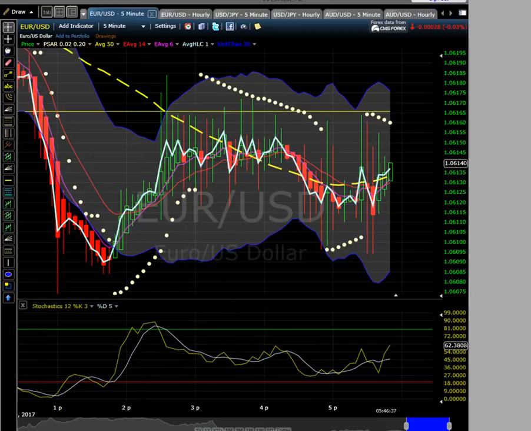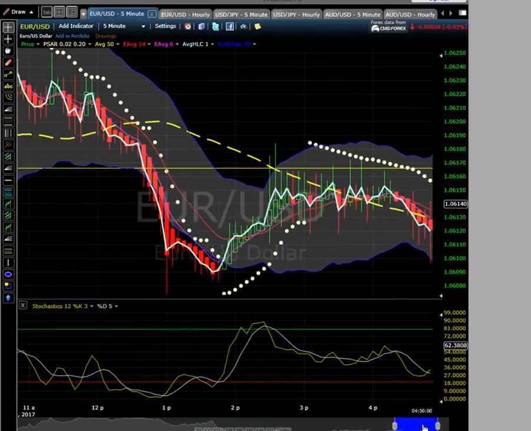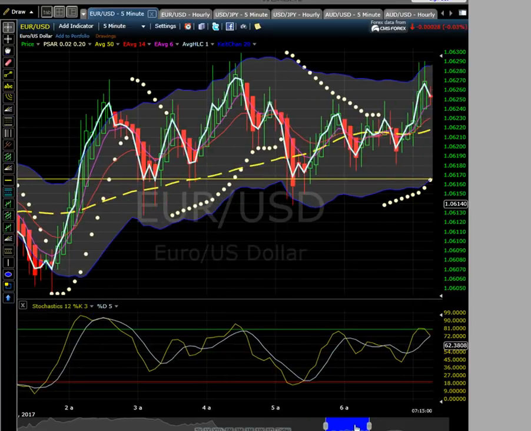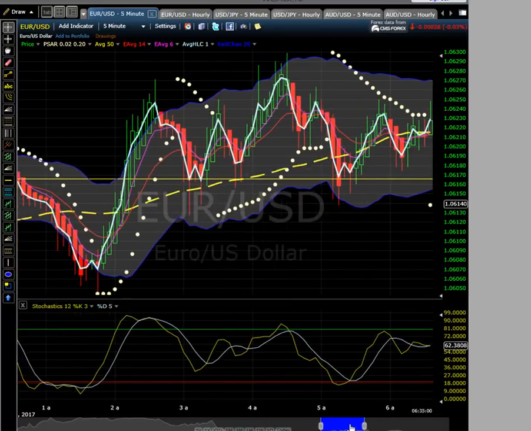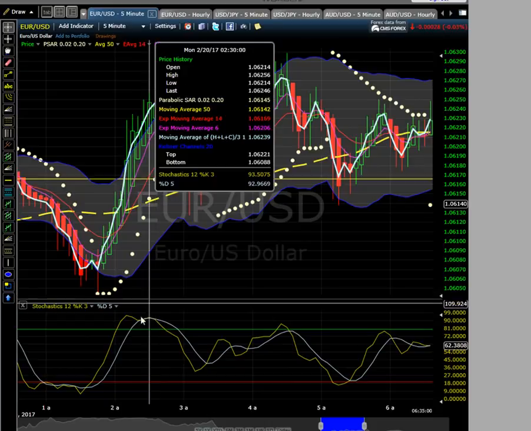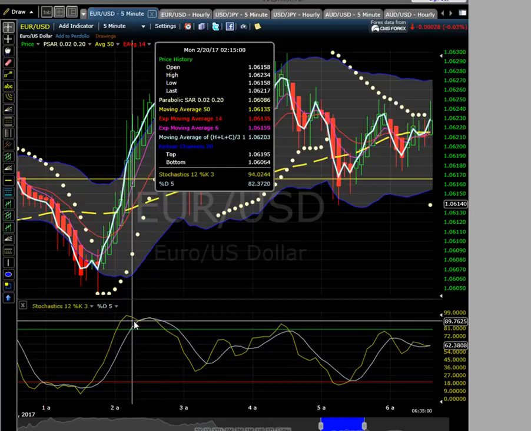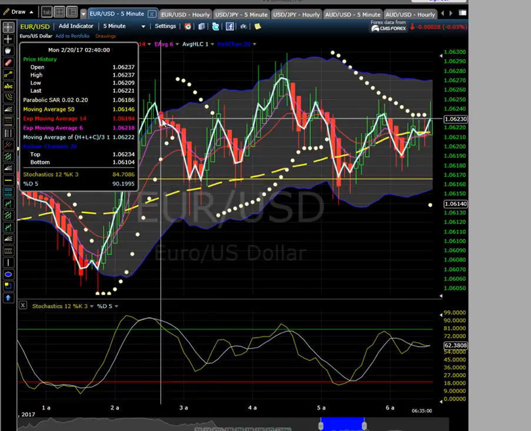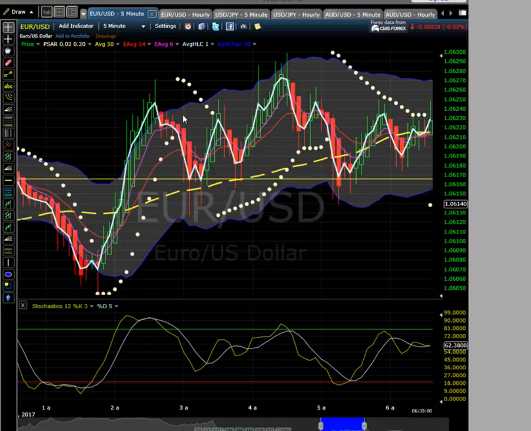As you can see, the stochastics line is very flat down here, and very choppy right now because the U.S. session was closed today, so it's not going to see a bunch of trendy stuff. But one thing you will notice is that the stochastics usually gives you timing reliability of when the market will reverse. For example, right here, bam, you see how it crosses below, and eventually the market does go into a small reversal. But the bad thing about doing that, and this is why you must use this with discretion,